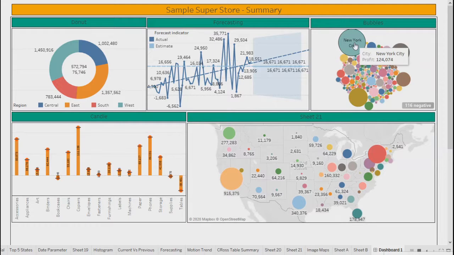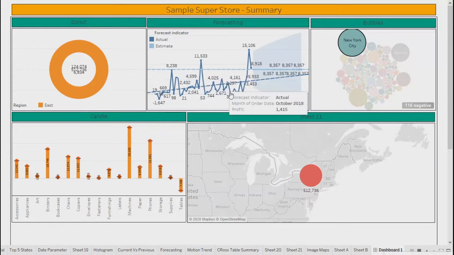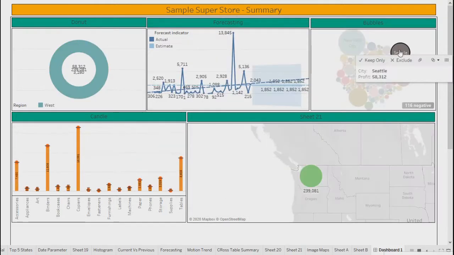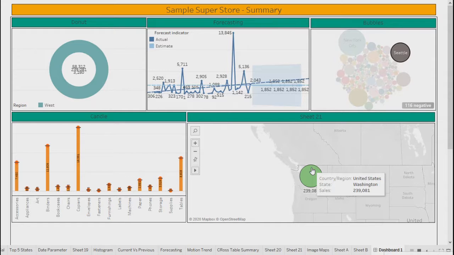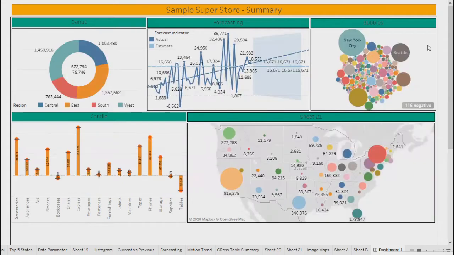If I select this, everything will get filtered for New York City, right? So only New York City on the map, things sold in New York City, forecasting for New York City, and the donut is again only for New York City. East region, New York City, right? Seattle. This is from West region, forecasting, donut, everything. As many objects as you drag here, everything will get filtered for these particular objects that you're selecting,